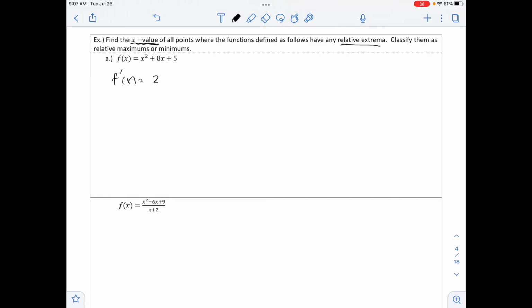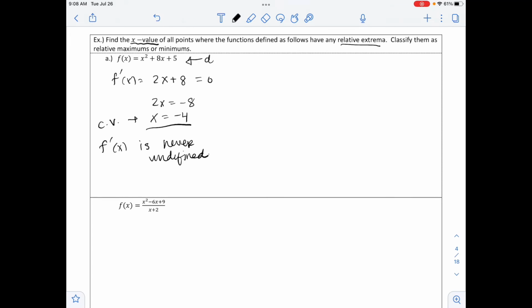And so our derivative is going to be 2x plus 8. And we're going to set this equal to 0. And then solving this, we get 2x equals -8, or x is equal to -4. And so this is going to be one of our critical values, or critical numbers. Also note that our derivative is never undefined because it's a polynomial. And also the domain of our original function, since it is also a polynomial, is all